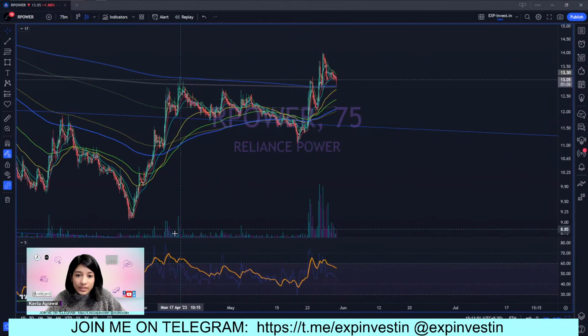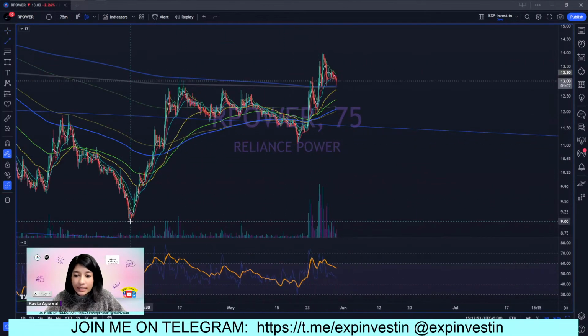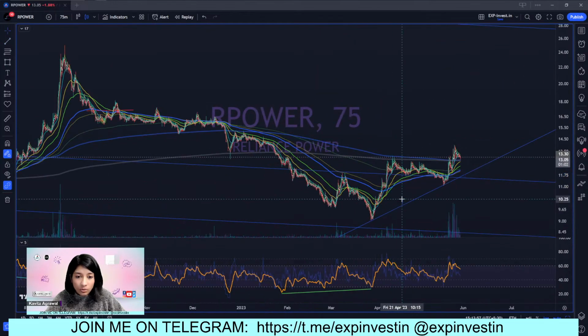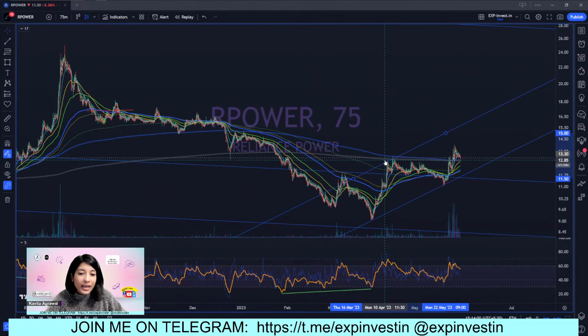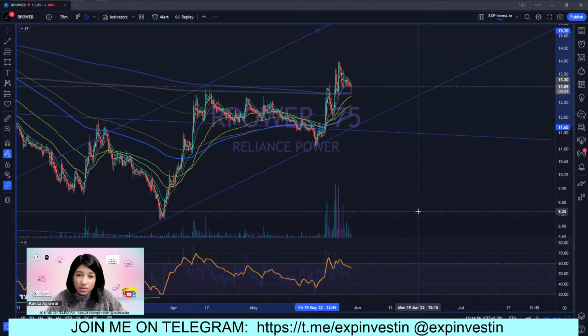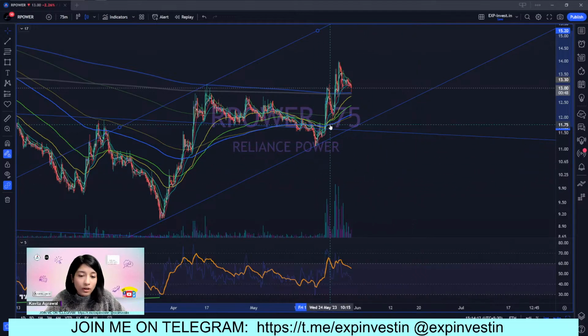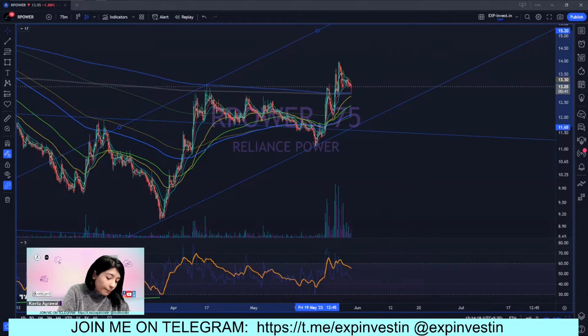Okay, so on the 75-minute time frame, we can see that there is an intermittent uptrend going on within this downtrend. So usually I don't trust these small intermittent uptrends within downtrends. I prefer not to trade them because the larger trend always trumps, so you have to be careful. But if you would insist on making a position in this stock idea here, I will give you